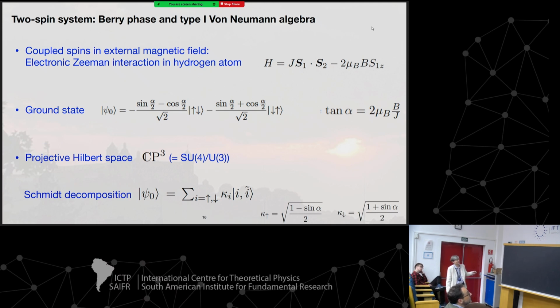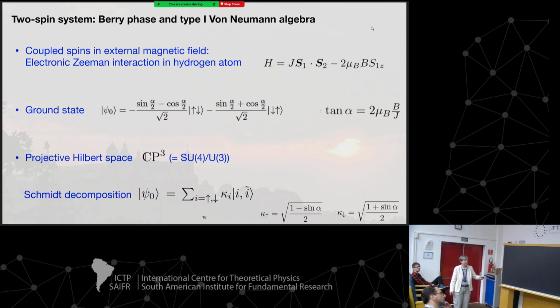I'm going to consider a system, a Hamiltonian, that describes 2 coupled spin-1/2 particles, 2 electrons in an external magnetic field. Here is my very simple Hamiltonian. We see these 2 spins interact with each other with a coupling constant J. We can consider the spins as being a nucleus, also a proton and a neutron in a hydrogen atom. And only the electron is coupled to the magnetic field.